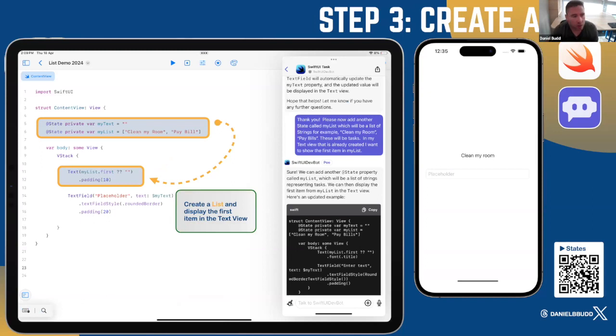So next, what I want to do is I want to create a list. So I can create, again, another state, and that state just allows me to reference this different property. And then I'm going to display the first item within my list, which is clean my room. So I look for that first item. And of course, there are different ways to do this, which I'll show you in a minute. We could just do like you would in Python or another language, refer to that first item within the list. But I'd say in my prompt,